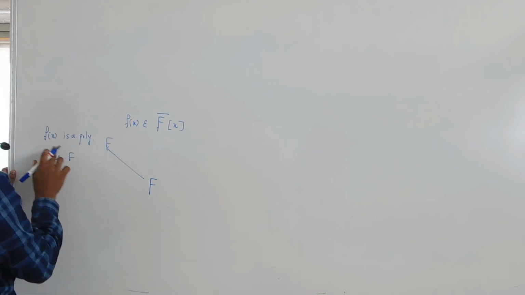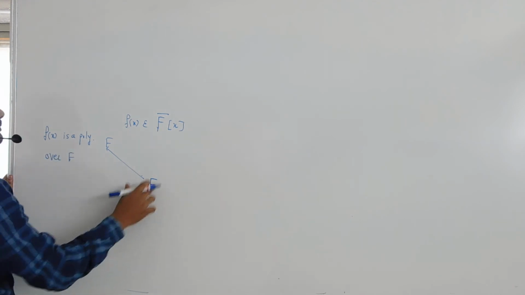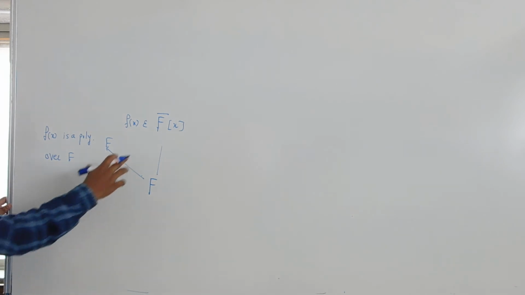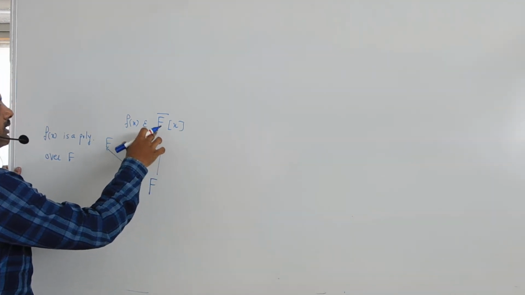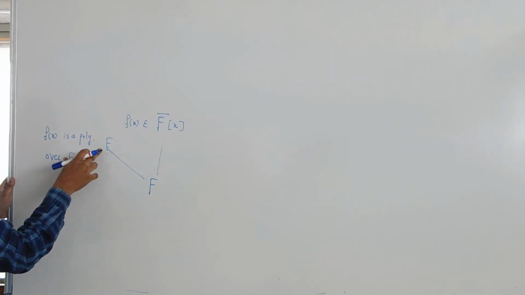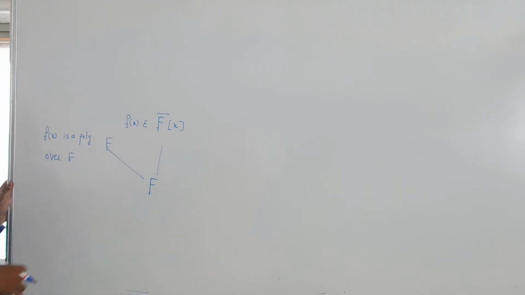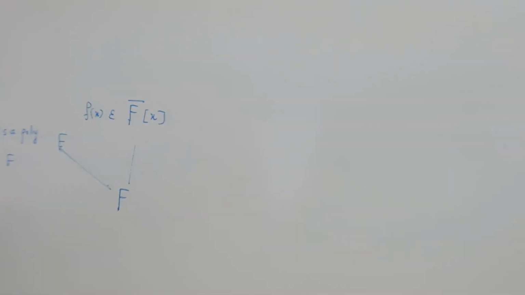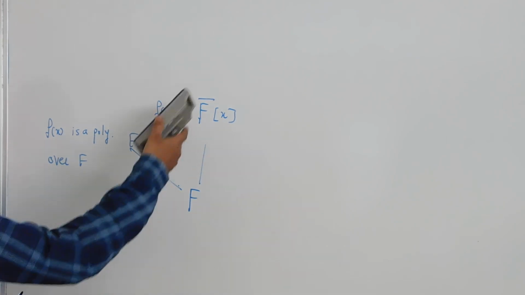Once you say that f of x is a polynomial over F, you can have it over this also, and find out the roots, say alpha. Alpha is in E. But F bar is algebraically closed, so alpha is in F bar also. So any element alpha in E is in F bar, and vice versa. So E and F bar are the same. So the algebraically closed field exists, and by the property of embedding, E and F bar are isomorphic.